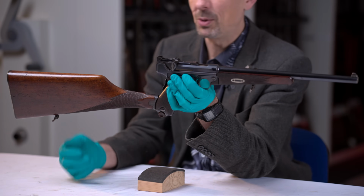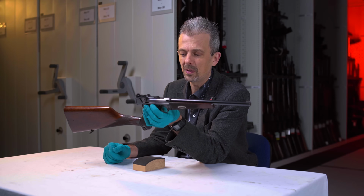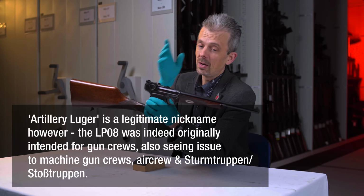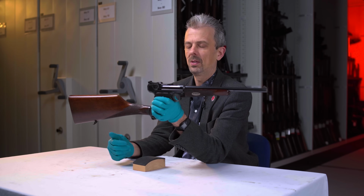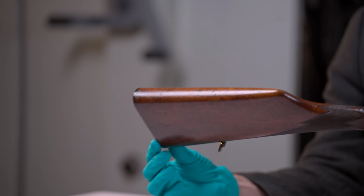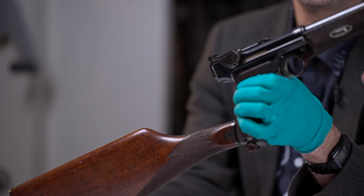So I'm sure some people are familiar with the LP08, Langen Pistola, sometimes called the artillery Luger. It's not strictly correct, but longer barrel and with a stock fitting. So you could put a paddle buttstock on it and use it as, well, a military carbine, essentially, pistol caliber, of course. Well, early on, really quite early on, from 1901,